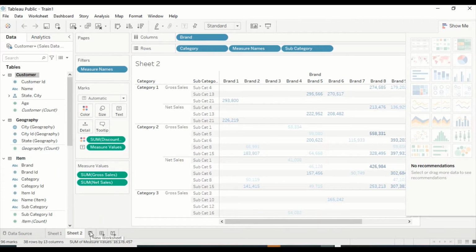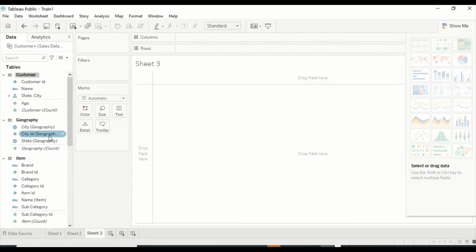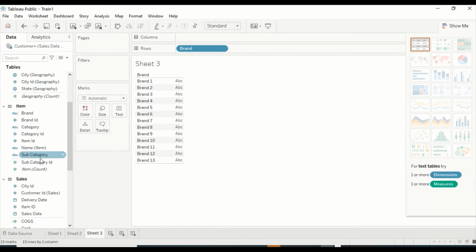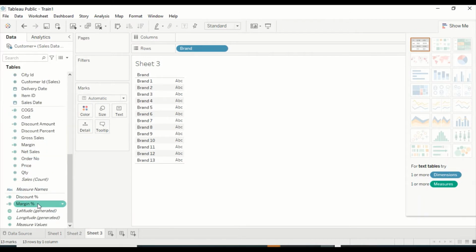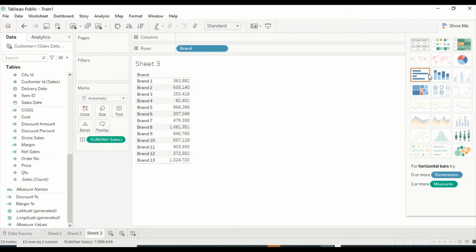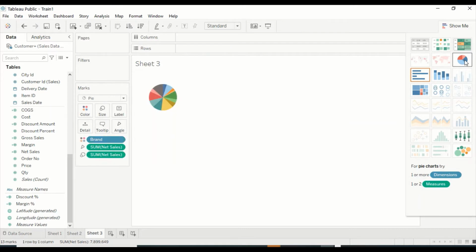Now what we are going to do is add a pie visual. To add a pie visual, let me first drag certain things. Let me drag item out here, drag brand, and then drag a measure. The kind of measure I am looking for right now is net sales or margin, because for a pie visual, don't take a percentage measure. It's already a percentage, and the pie is going to display a percentage. So let's change it to pie visual. Now it is showing brand and net sales.